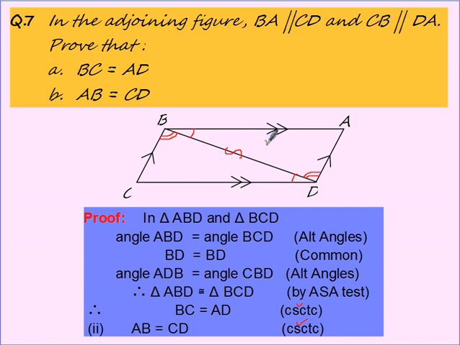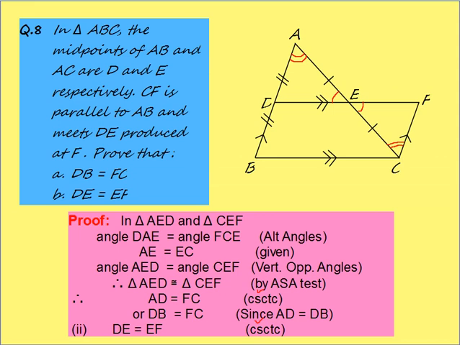So let us prove these two triangles congruent. I have applied, if you see, alternate angle property, alternate angle, and one is common. This diagonal is common. So I have proved it. So take two triangles, make two angles equal, one common side, apply ASA test, and then BC is AD by corresponding sides, and AB is also equal by corresponding sides. So this is like a solved example sometimes in some books, but I'm trying to give you all varieties, all different types. Now my next question is, this diagram is given to you, don't get scared of the diagram.